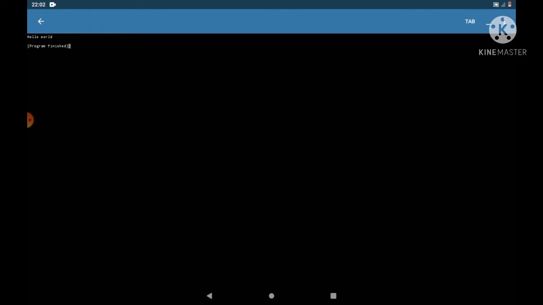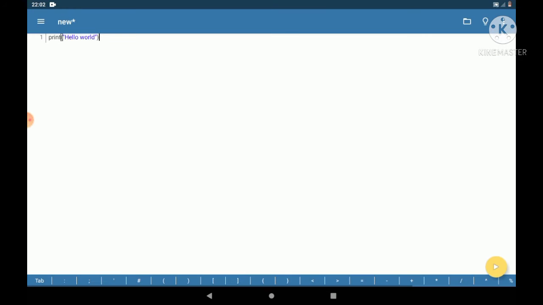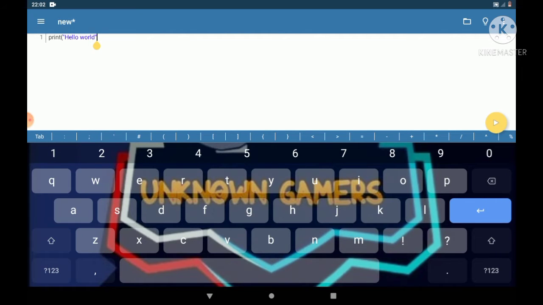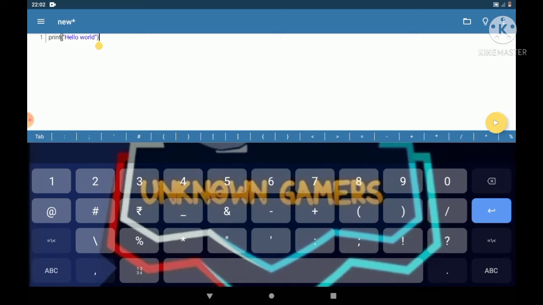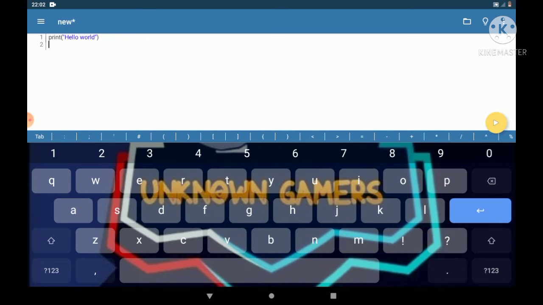Now let's go again. More things can be printed with the print function, like a bill. We can make a bill for your shop. How? We will print the serial number and the name. These two things I am going to print. You can give spacing and print many more things.